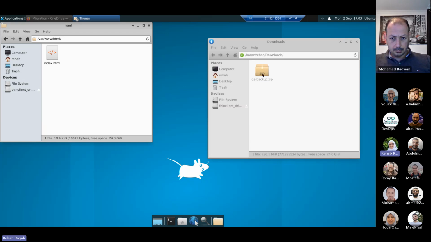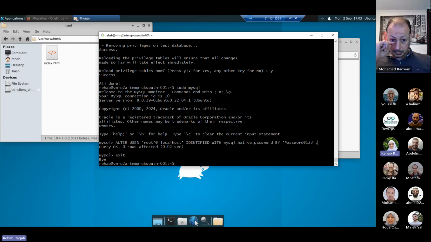After downloading, it's a zip file. We need to extract all files and copy the application files inside the root directory, and then complete our steps. So I will open the